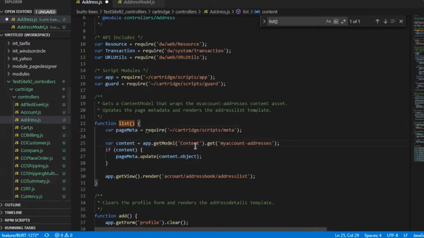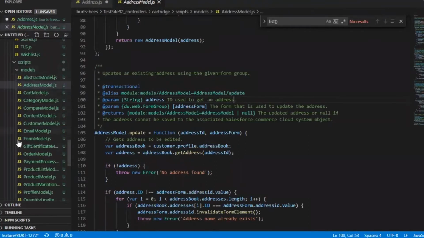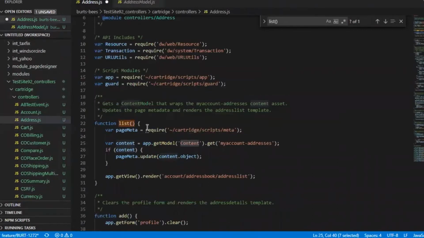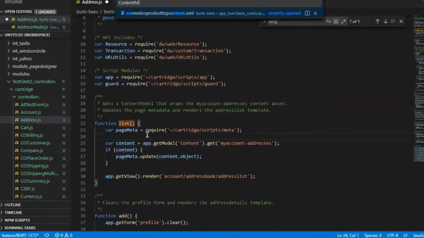Each area has its own model, such as content, address, cart. All of these models extend from an abstract model. Just to give some object oriented background, and also if I go to this content model,